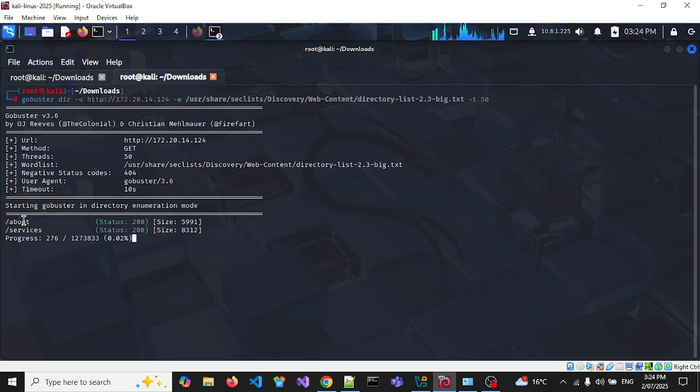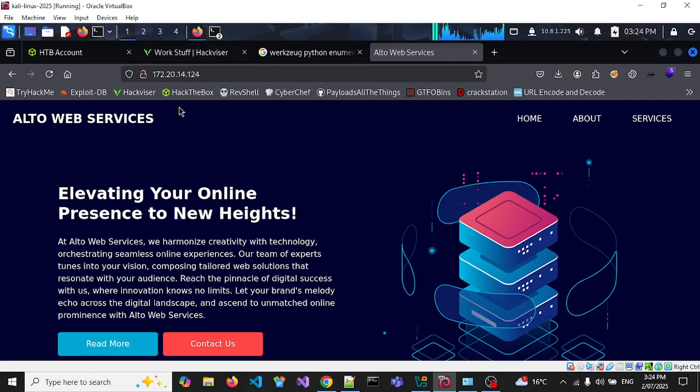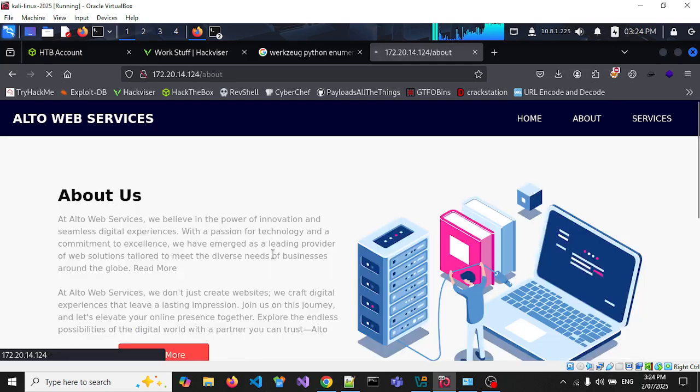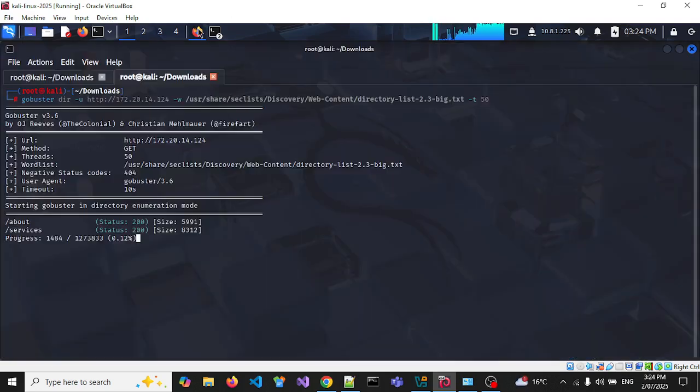And see, we've found about and services already, but we already knew about those pages. Yep, about and services. We can have a look at services. We've already seen that before. We've got about. It just points to different parts in the main page. So we'll wait for that to run,